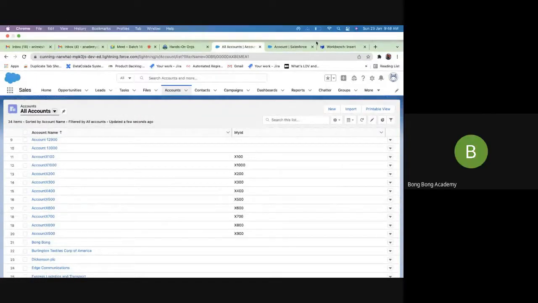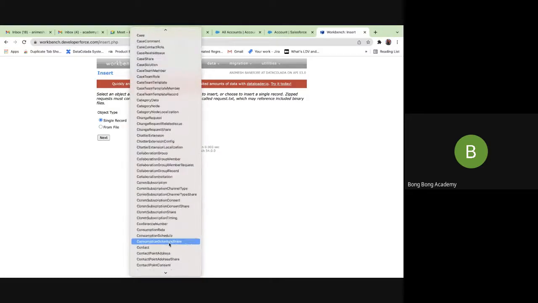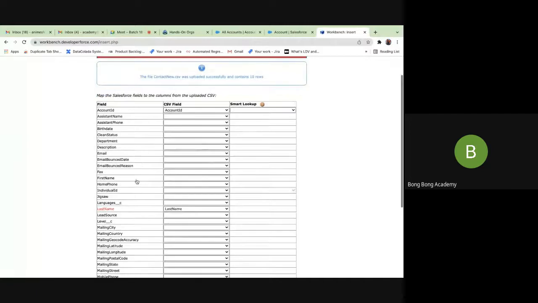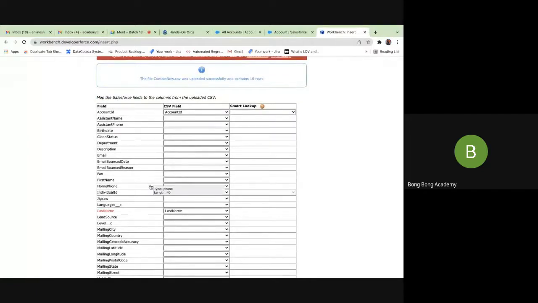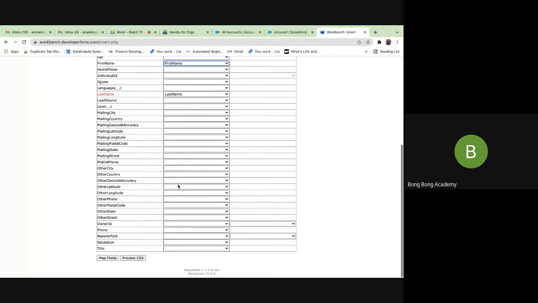But I don't need to download these values, these IDs, in order to associate this with contacts. I can straight away change this to contact, choose contact ID, and you see Salesforce has automatically mapped it because the names got matched. First name did not match.